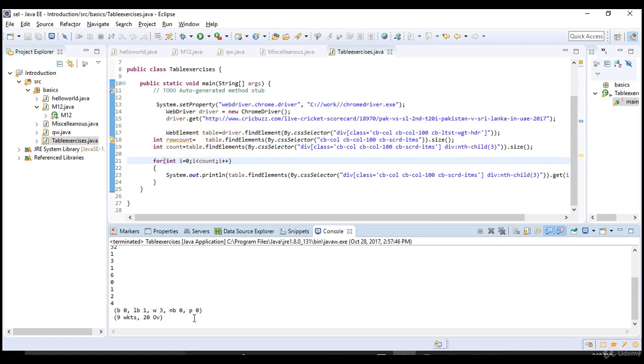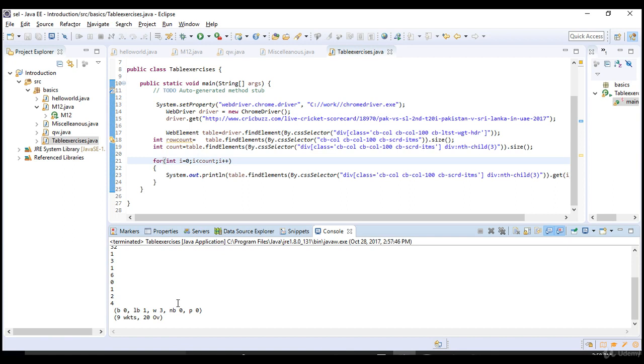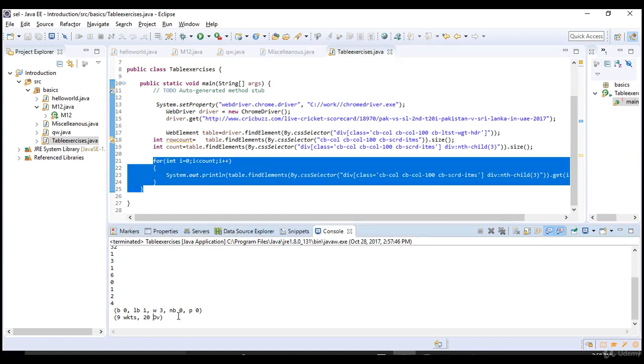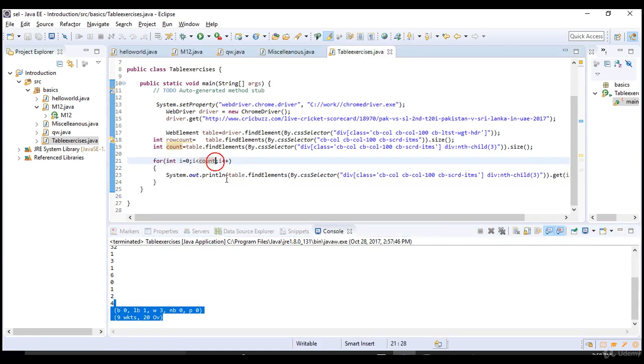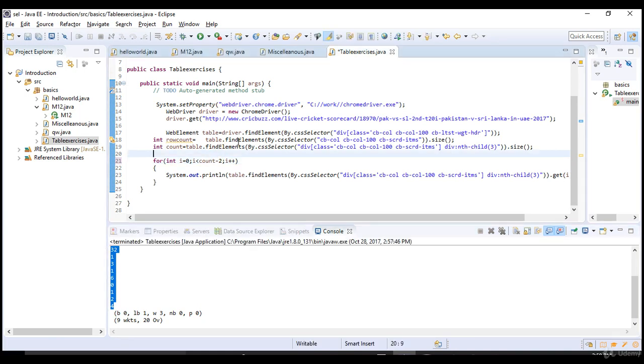So to get rid of this, we have to cut the last two indexes while traversing, right? For the first time when it traversed, it printed 51. For the second time, it printed 19. So the last two times when it is traversing through this for loop, it is printing these two values. If you want to remove those two values, just say -2 here. That means it will execute till this point only, so that we get only the values we are looking for. Alright.